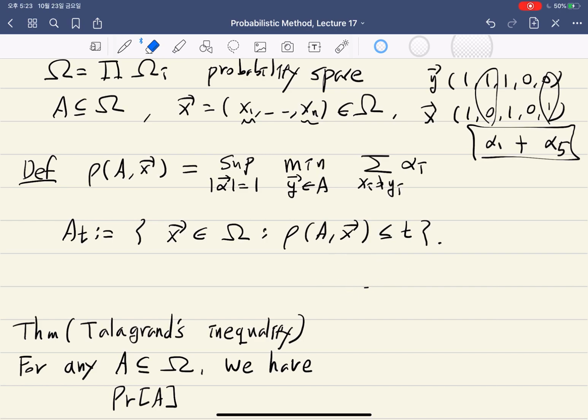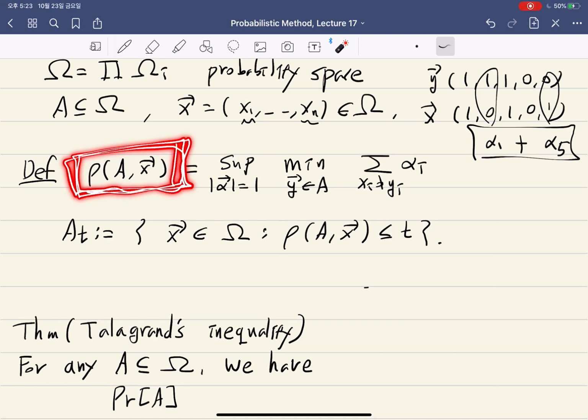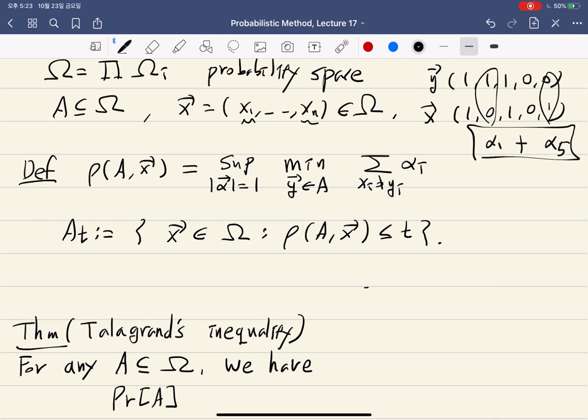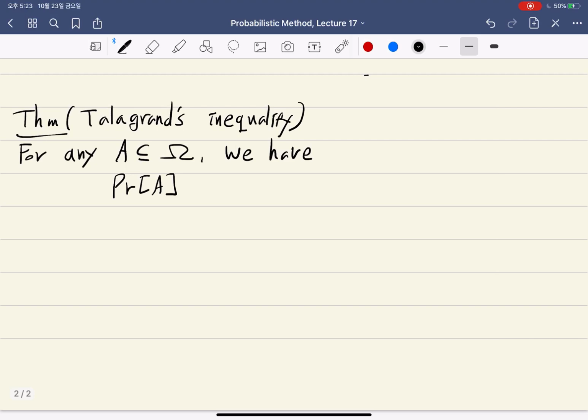And this number is, among all those values of beta which have that property, the one with the smallest value. And let's write A sub t to denote all the points which have a distance at most t from A under any weights given. And with that, Talagrand's inequality is